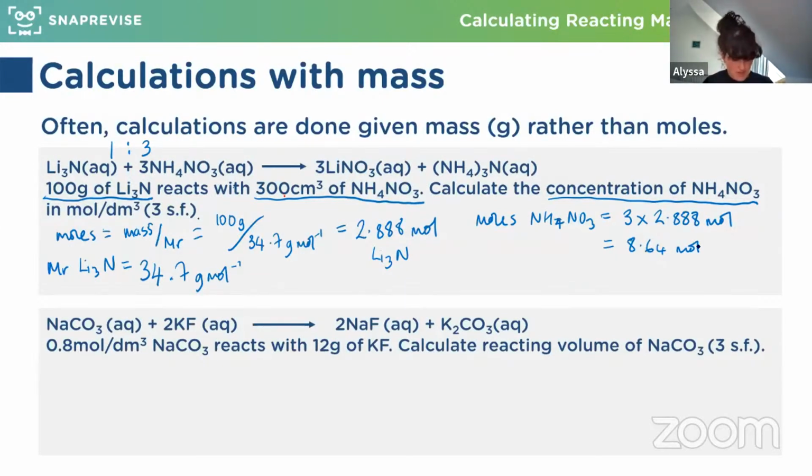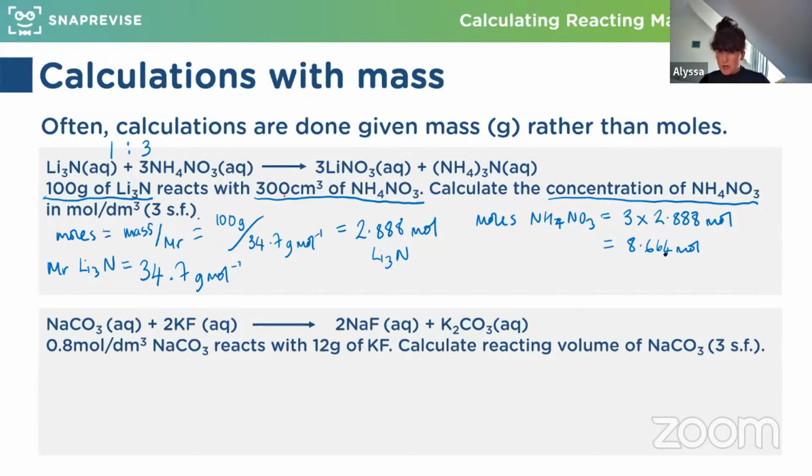Have I pressed? Hold on, let me. 2.888 times 3 is 8.664. Oh, that's interesting. I had a wrong value there. Well done, Ms. Shafi, looks like you've got it correct.